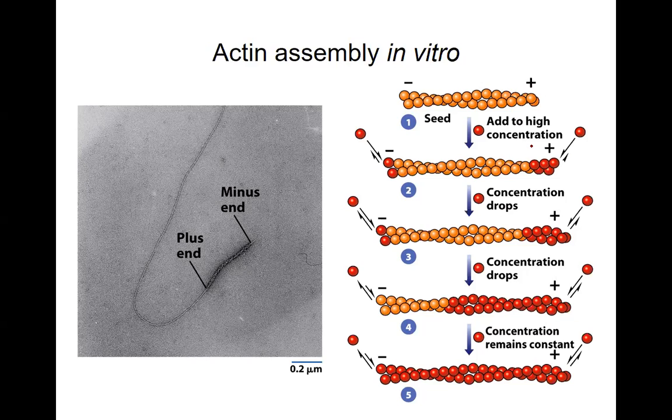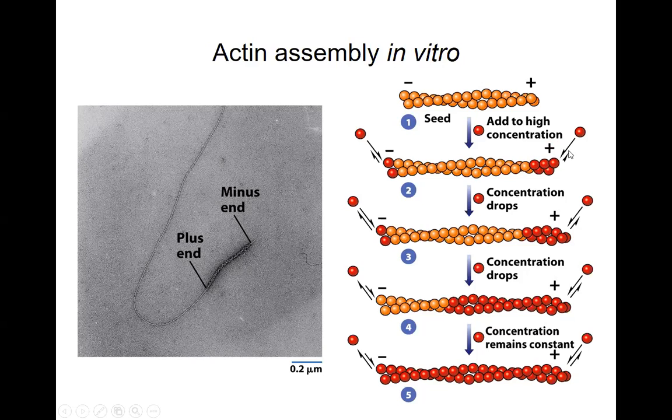So in general, if you add a very high amount of ATP actin, so this is the globular actin that is ATP bound, when there is a very high amount of globular actin, remember this is again happening in vitro, we can have addition at both ends, plus end and minus end. But the addition at the plus end will be much higher. So this is when we have a high amount of globular actin available in this experiment. As more and more globular actin gets added, and remember, for it to form the filament, the globular actin has to hydrolyze the ATP, and now it has become an